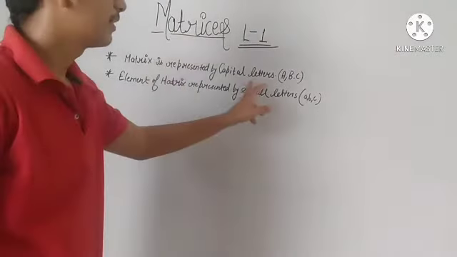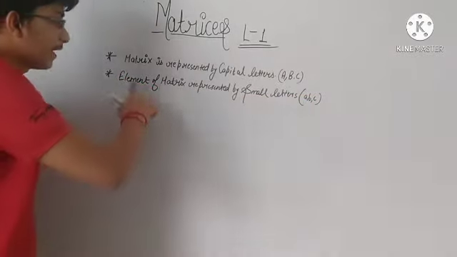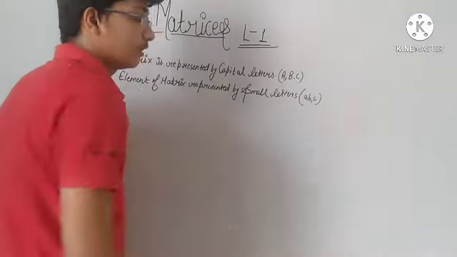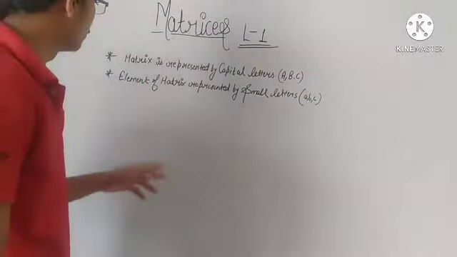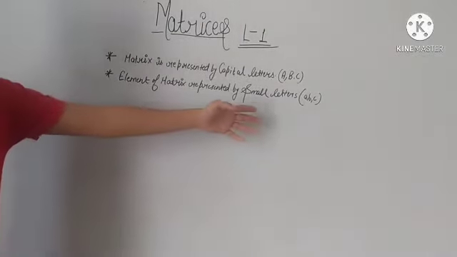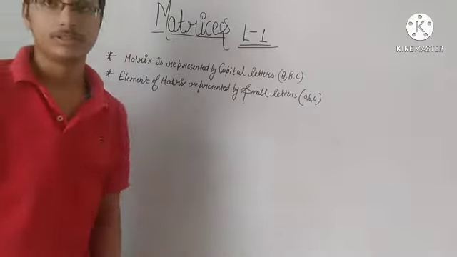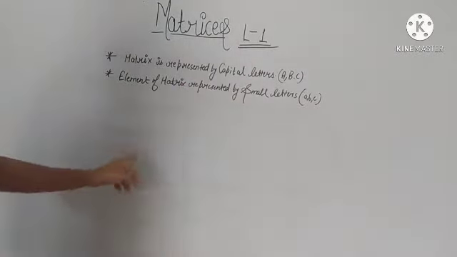A matrix is represented by capital letters A, B or C, D. Continue. Element of matrix is represented by small letters. So element means जो भी करा 3 to 4, it is represented by जो ब्रैकेट में हमारा आया था ABC4, वो हमारा ABC से रिप्रेजेंट होगा और जो कैपिटल होगा वो A से।